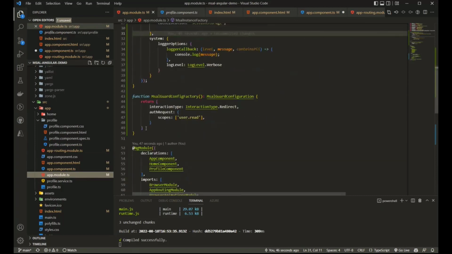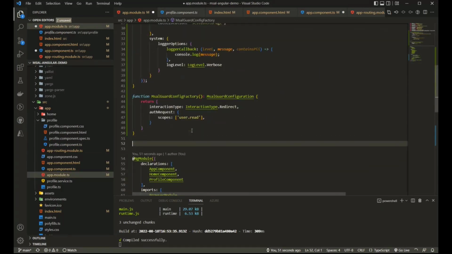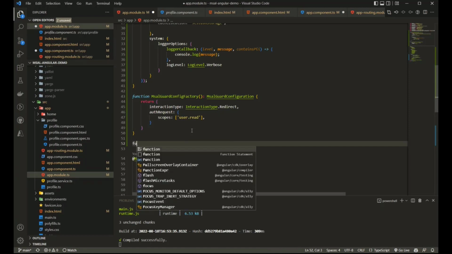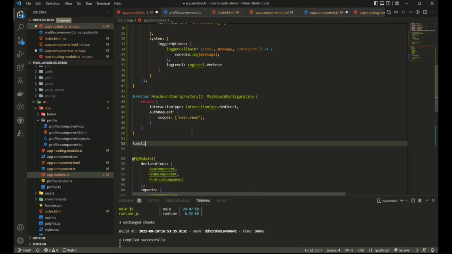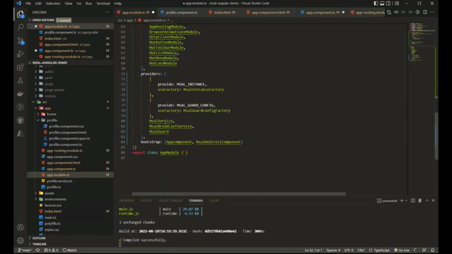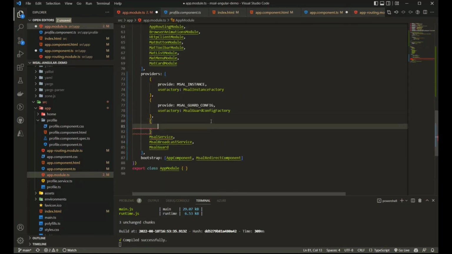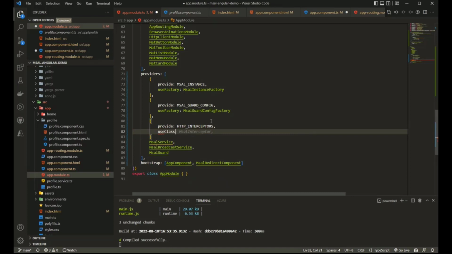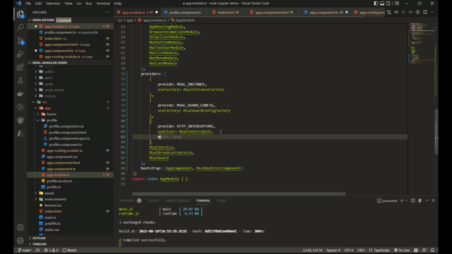It has an interceptor component class that allows you to intercept the outgoing calls and attach an access token if you specify that it's required. So the way I do this, I'll go into my providers here again. First, I'll tell Angular that I'm using HTTP interceptors. And then I'm going to use the class MSAL interceptor. Let's import this. And there could be multiple of those, so I'll just say multi true.